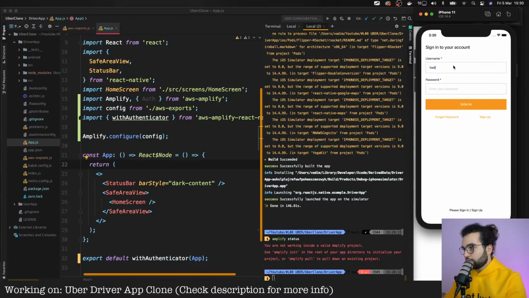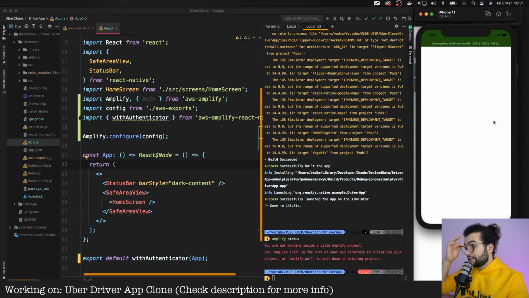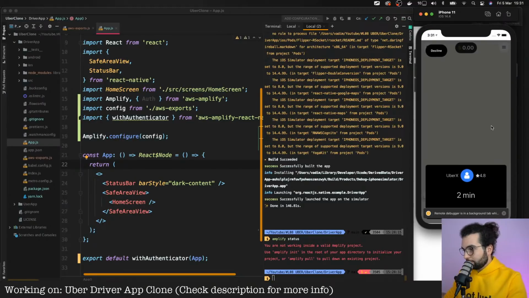So I'm going to use the same account, which I think had the username Vadim. I'm going to sign in, and we are in. So the next time if I refresh the application, and if my emulator would like to refresh, please, yes, then we are not going to see the login screen because it remembers us as logged in.